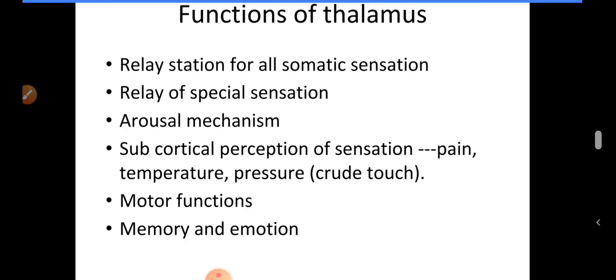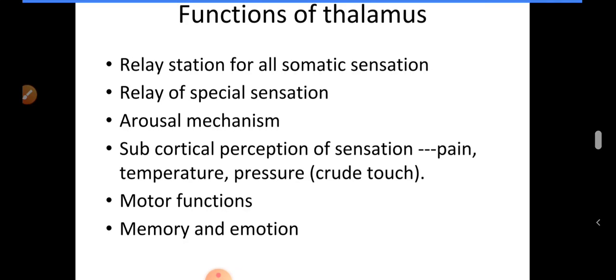It also has a role in language. It is concerned with language function; integration between different cortical parts by subcortical connections in the thalamus helps to achieve speech. Also, it has a role in synchronization of the electroencephalogram. It is a center for integration of visceral and somatic functions. It is also a center for sexual sensation. The thalamus acts as a center for perception of sexual sensations.